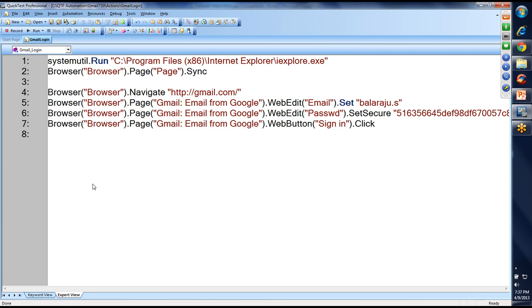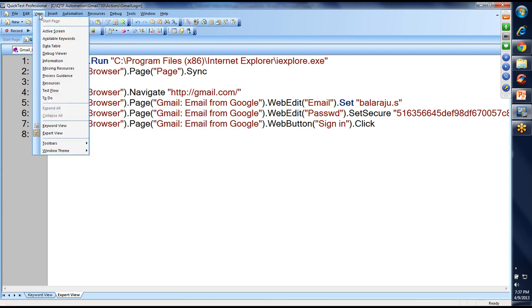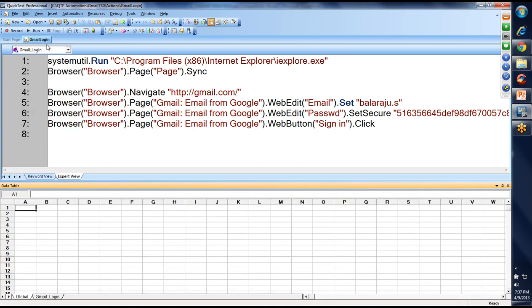So at that time the username and password will be different. So how will you pass your test data at that point of time? One easy way in QTP is that through the data table you can pass your test data. Okay,